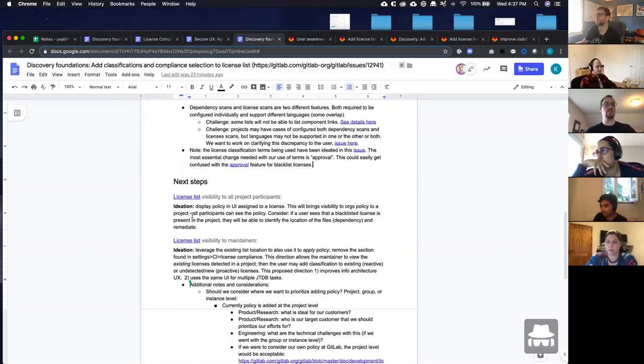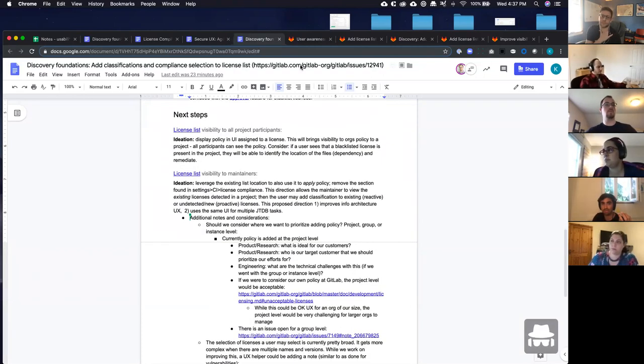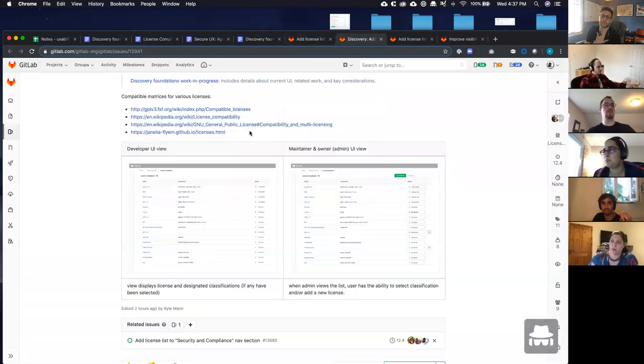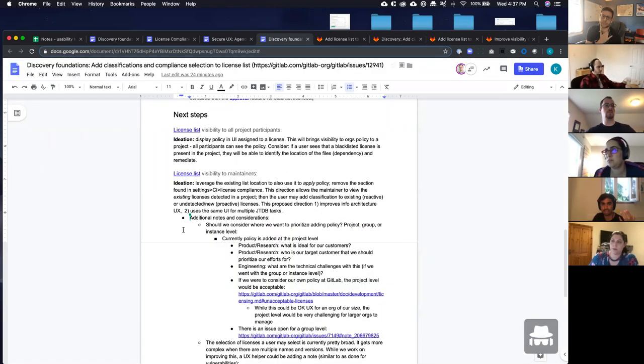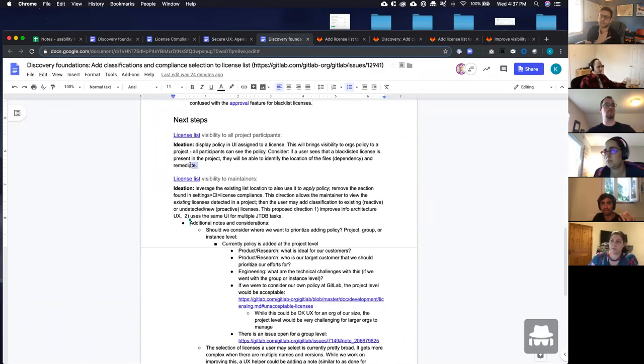So that's all background to queue up where we are with the next steps with the discovery that Mo, Fernando and I are working on. Some of the considerations that we have here are, how can we bring policy to that list? So the user has gone to CI/CD and settings and applied policy to different licenses. And now that we have a list that's shown to all developers, we want to bring what policy may have been applied to that list. So that's going to be one thing that we want in terms of it showing to all